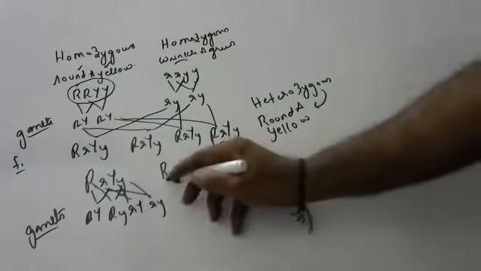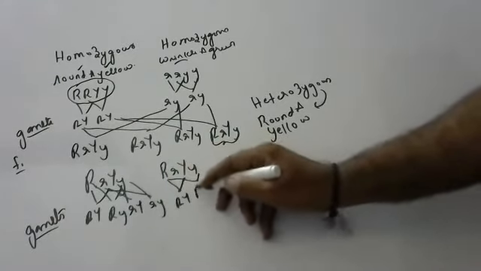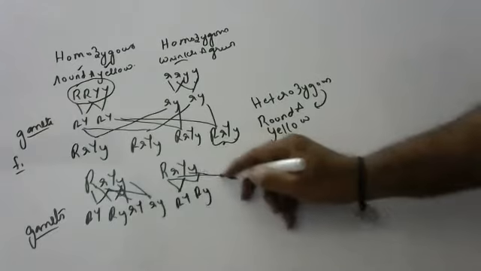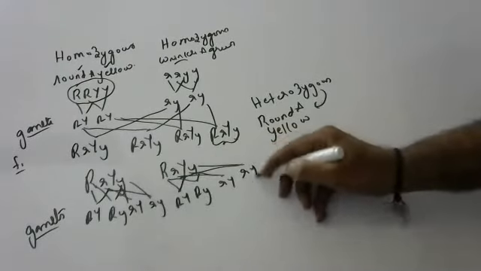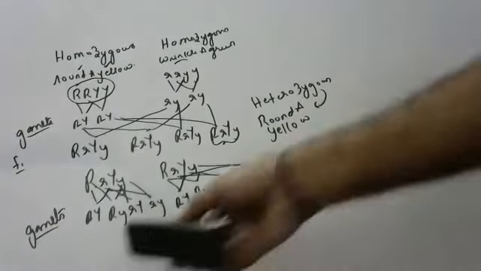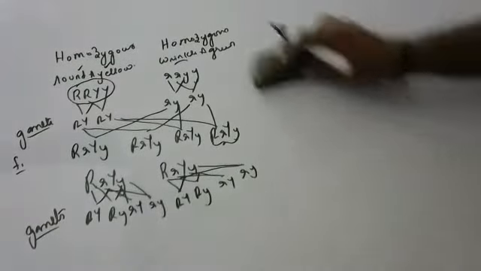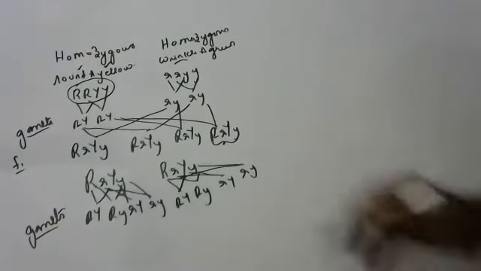Again, I am saying you need to understand. Big R big Y is possible. Big R small y is possible. Small r big Y is possible. Small r small y is possible. Okay. Now let's cross all these, children. You get 16 combinations. It's not easy to draw it, and it won't appear good also, children. I'll write in the form of a Punnett square or checkerboard, children.